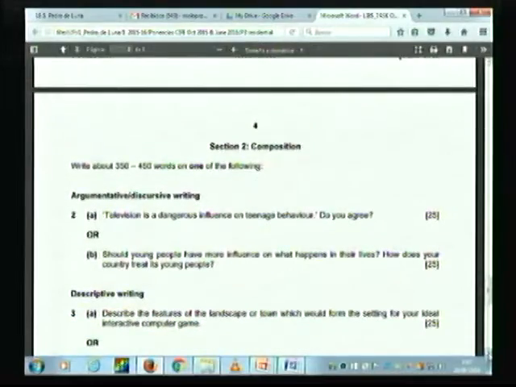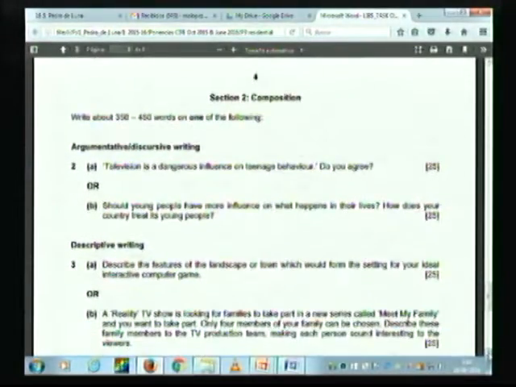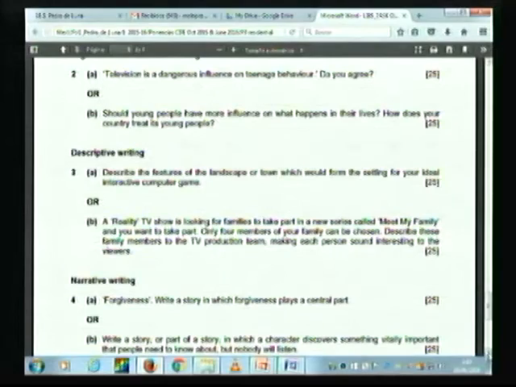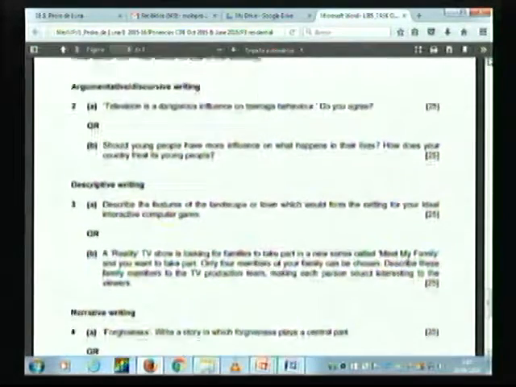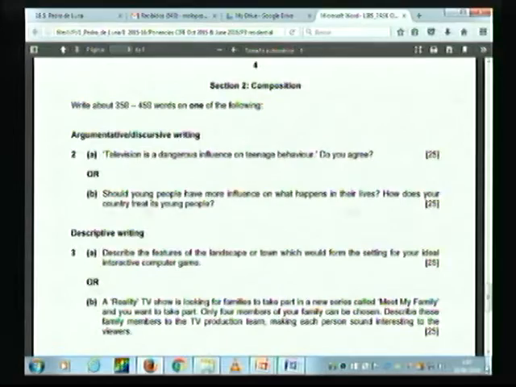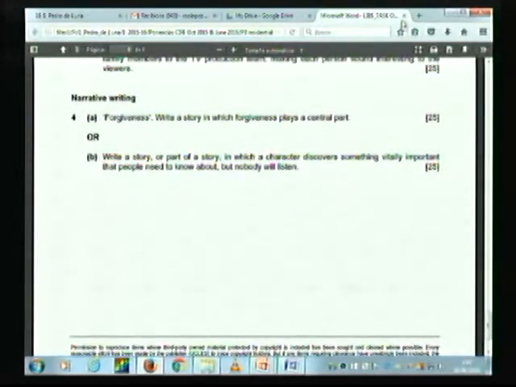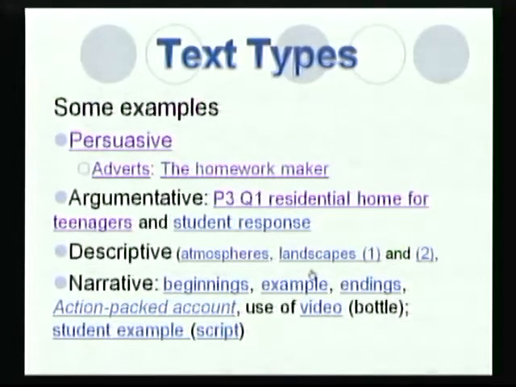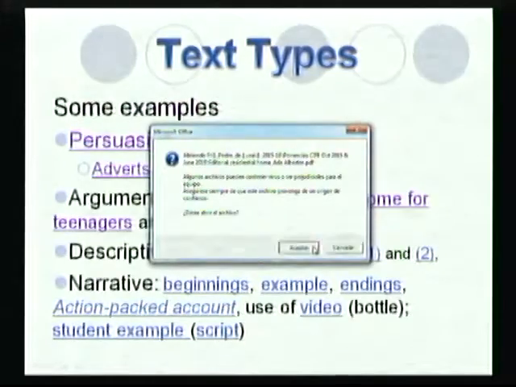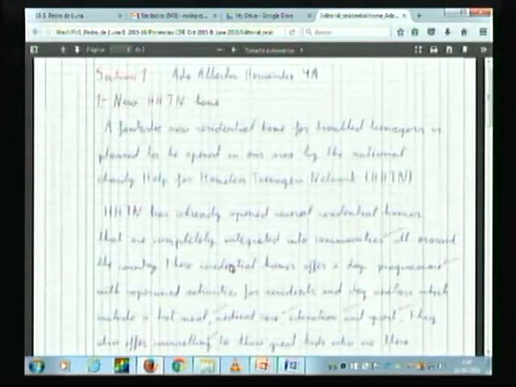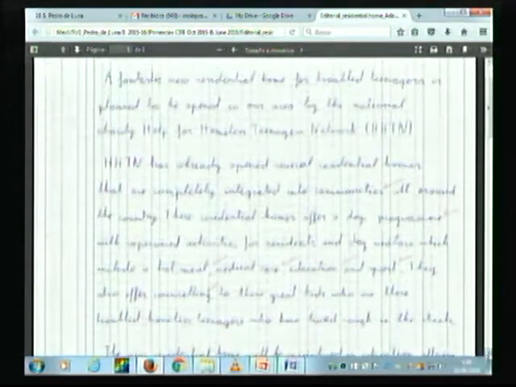And this is the second part of the exam, which is a composition. This is an old exam. They have been changed, and now there is no argumentative composition, only descriptive and narrative. But we chose this because of the topic. And this is the task that they have to do, and then we have the student response. Sorry about the handwriting. This girl got an A in the Cambridge exams.